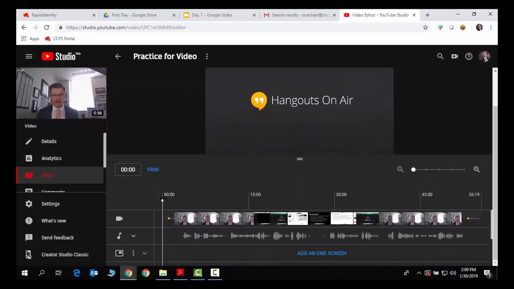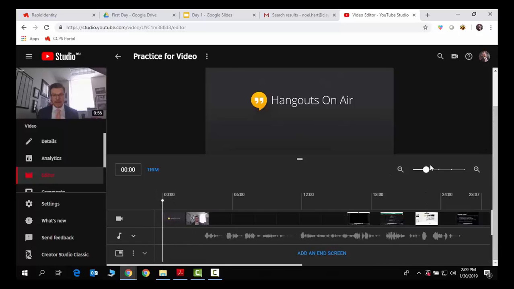And here is where I can edit the film or my little screencast so that it doesn't have all the ums and ahs in there. I like it because it does have the sound waves down the bottom, so you can kind of see where you've paused, maybe paused too long, or maybe tried over again. The way to do the editing screen is to,